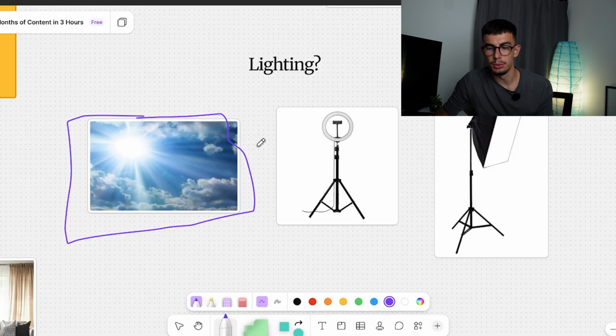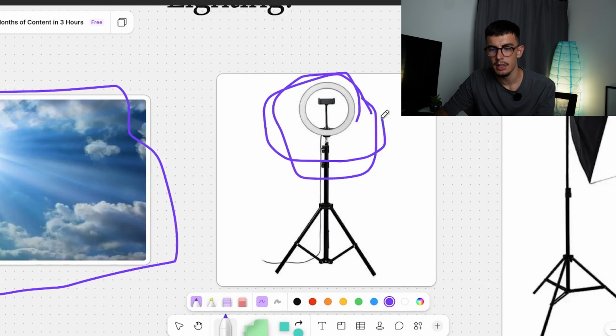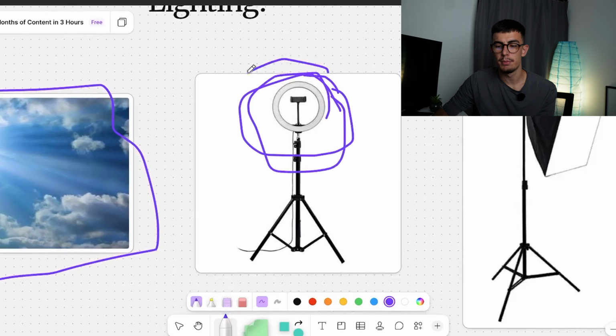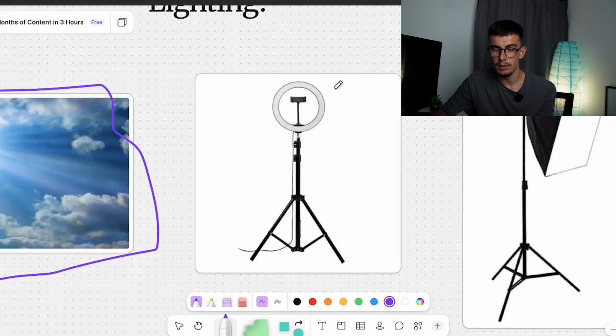But if you don't want to use the sun that often, like I don't in my videos here in the room, you can buy a soft ring light that is gonna give you good lighting on your face. Just check before you buy it, or go somewhere to see what the quality of the light actually is, what the brightness is, because it needs to be bright. It needs to be pretty bright. I have had one in the past and it just wasn't that bright at all. So if you're at the start and you have a small budget, I would suggest getting a ring light, because